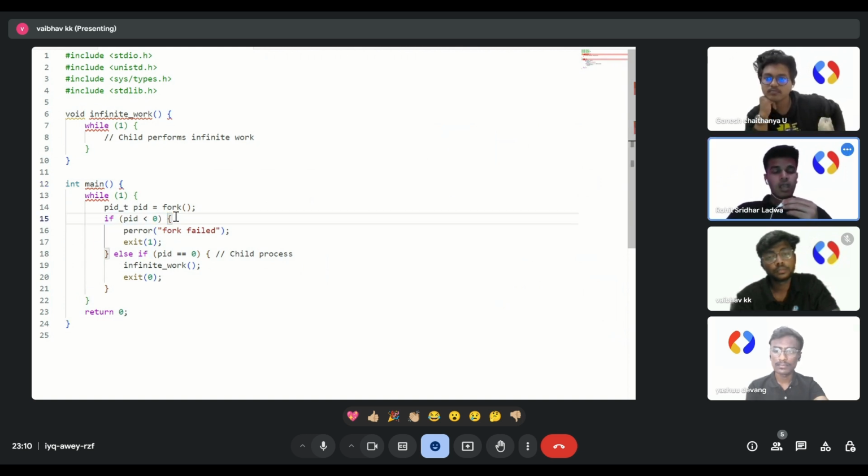Thank you, Ganesh. From line number 15, we can see that if PID, which means process identifier, is less than 0, which is a negative value, it indicates an error. So, what is that error? For example, the error might be insufficient resources in the OS. Here in this code, the error is "fork failed". So if this if statement is executed, then the fork failed message is printed with the exit